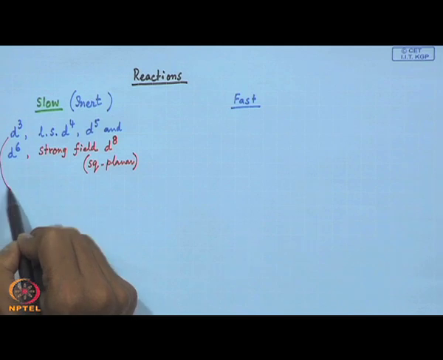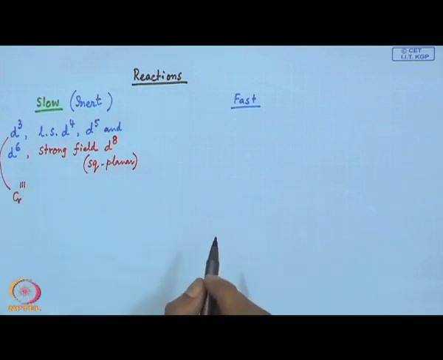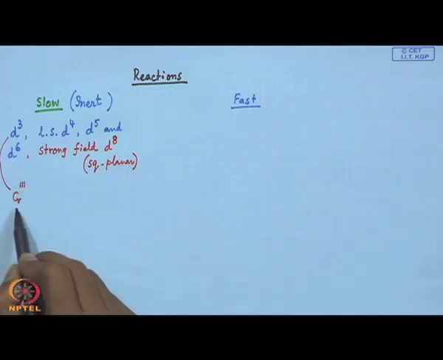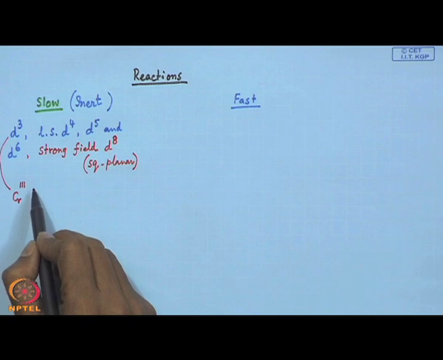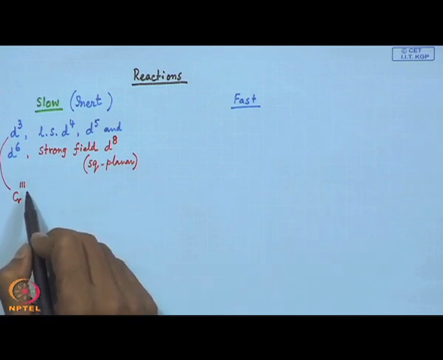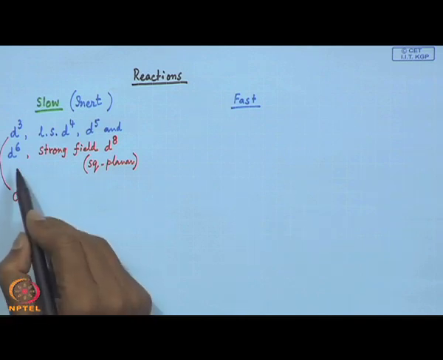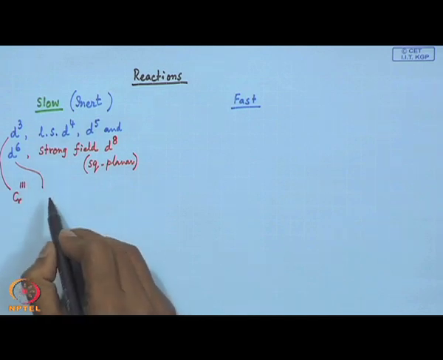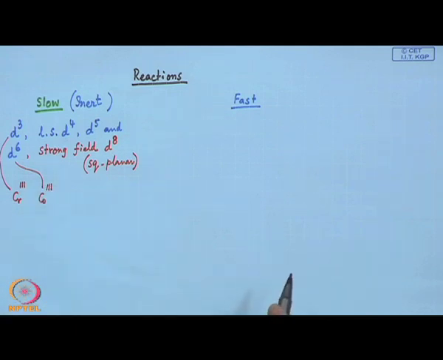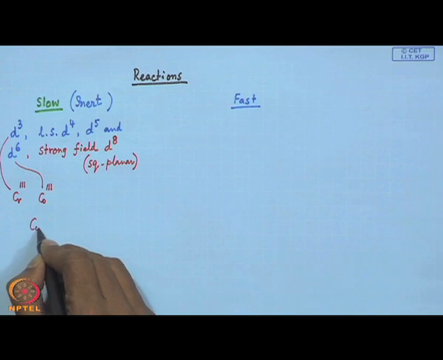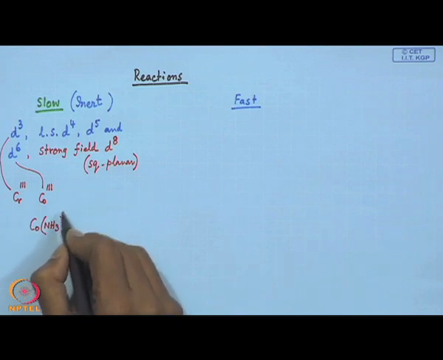So, this D3 electronic configuration, we all know, is for chromium 3. If we have the corresponding chromium 3 compound, with only 3 unpaired electrons on the chromium d orbitals, then this can react very slowly for ligand substitution, even for the water exchange reactions. Similarly, for D6 configuration we have the trivalent cobalt, which we have seen also in the case of the hexaammine cobalt 3 compound,